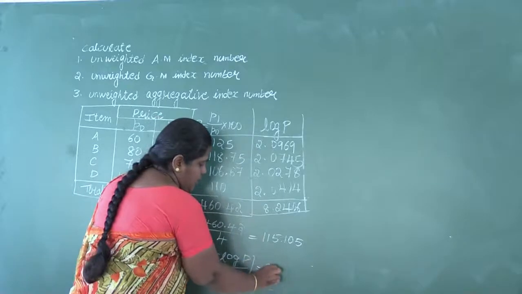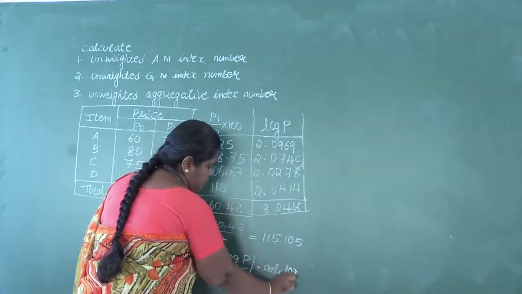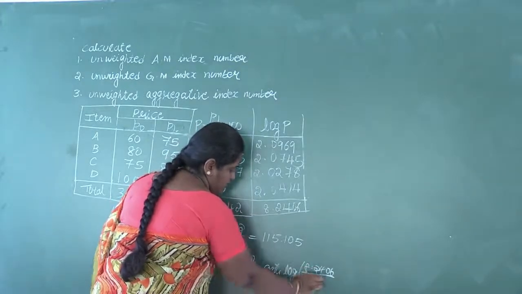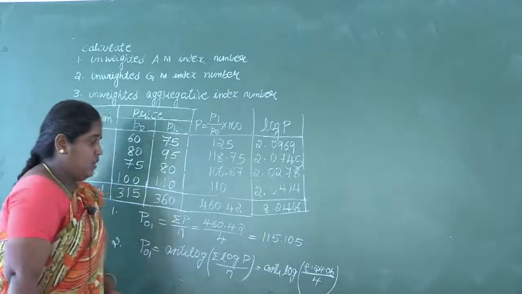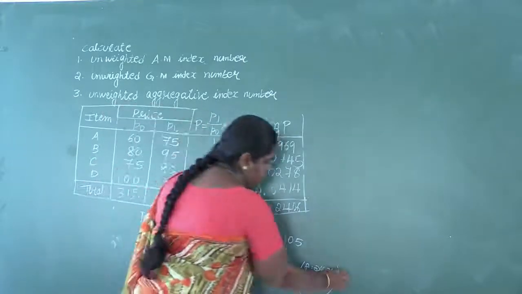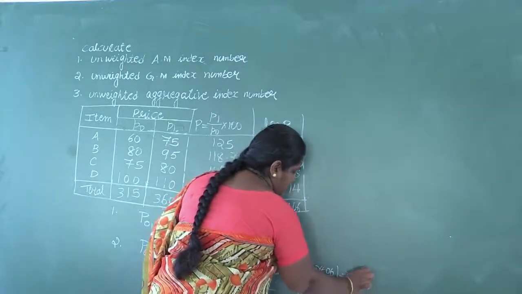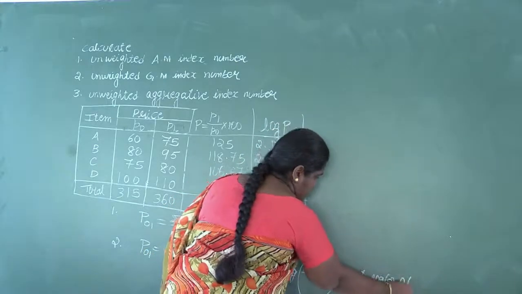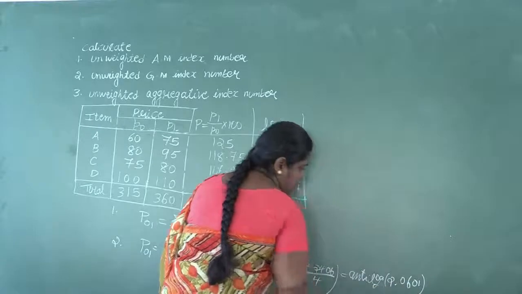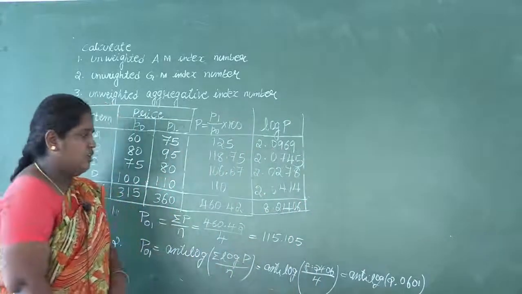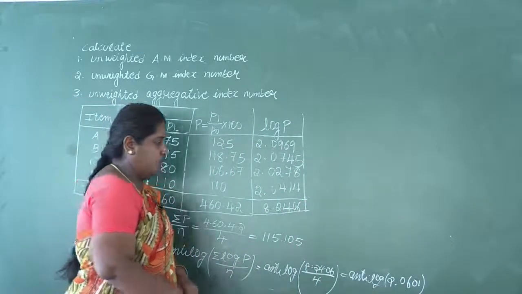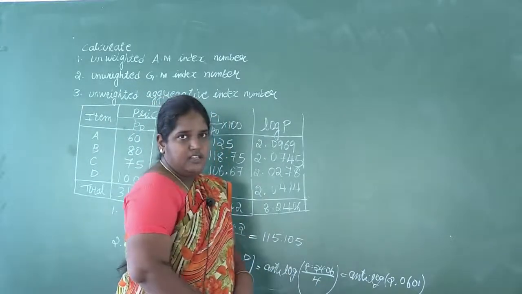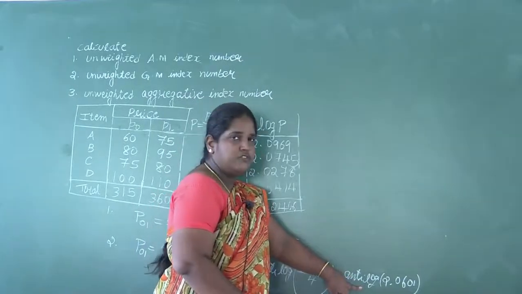So we'll get anti-log of sigma log P is 8.2406 divided by 4. So divided 8.2406 and 4 will get anti-log of 2.0601. So after 0.4 numbers is enough. Beyond that you cannot see it. So anti-log of 2.0601. Now see that in the anti-logarithm table we have to see the value.